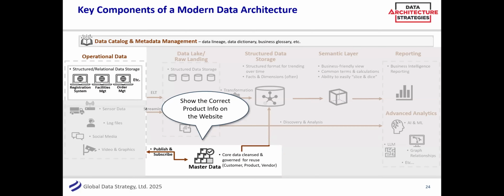Or, show me the correct product info on the website, right? And sometimes we don't think about master data at all, which I think is wrong. It makes me sad. But more and more companies we're working with understand that master data truly is driving their organization. And folks will come to us and say, we're trying to sell more product on the website, but our product hierarchies aren't matching between sales and marketing and operations and the finance system and our website. And sometimes that's okay, but sometimes it isn't, because you're trying to understand all of these great things in your analytics. You can't do that. So something as simple as that. I mean, Amazon has really good master data, right?